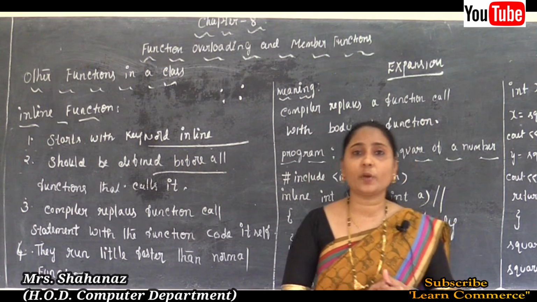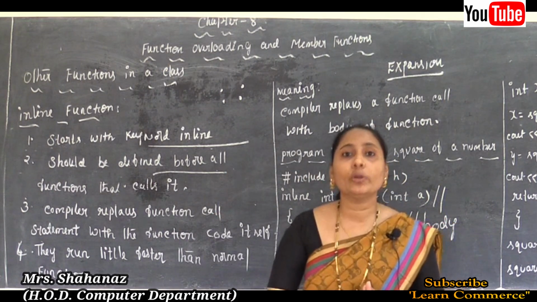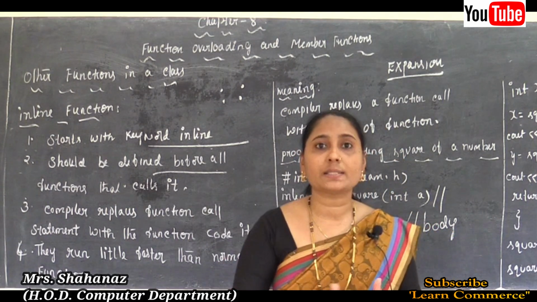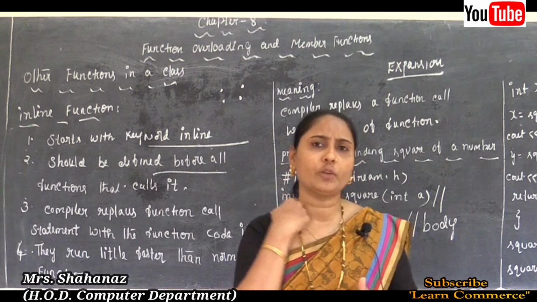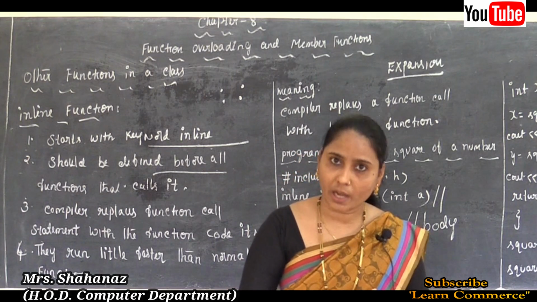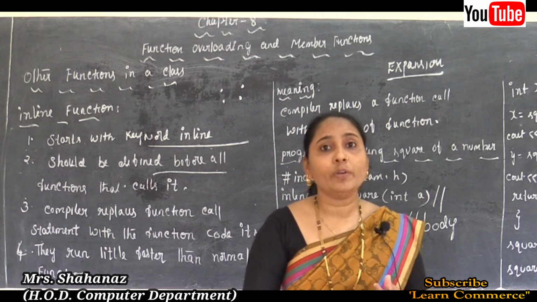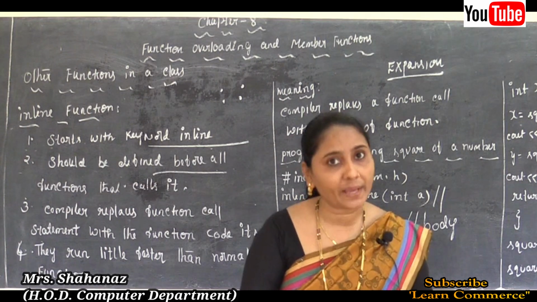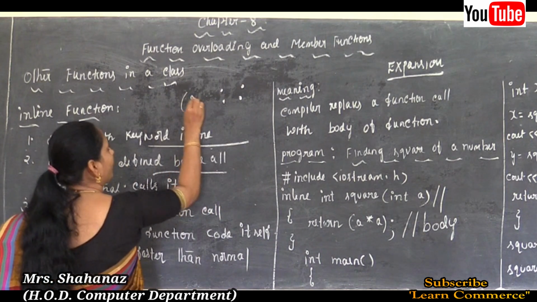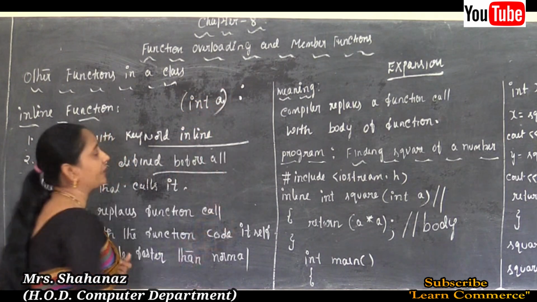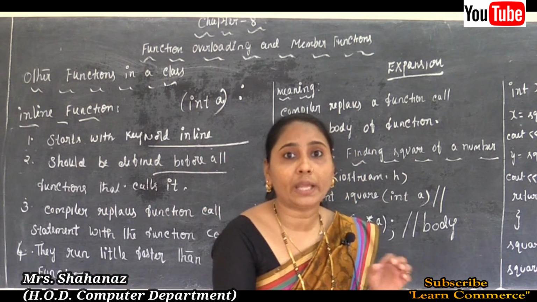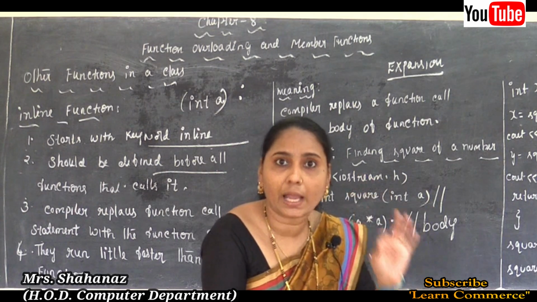So the function call involves a complex process, that means it is very difficult to invoke a function. We need to call the function here, and afterwards we need to pass some parameters to the function. Just calling the function is not enough. Sometimes we need to pass some arguments with the function also, and we also need to use some storage space for local variables. Correct? No? Why? Because when you call any function, if you are using the argument a, is just the declaration of int a enough? No, we need to take up some memory space for the argument a also.